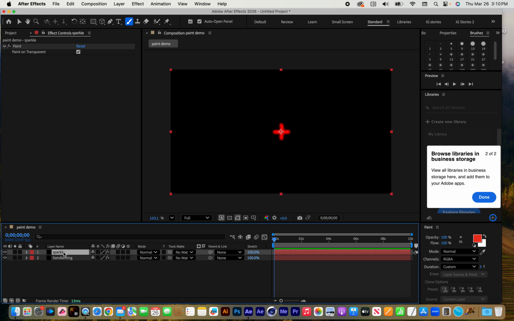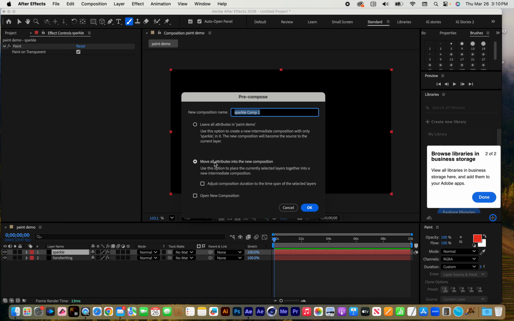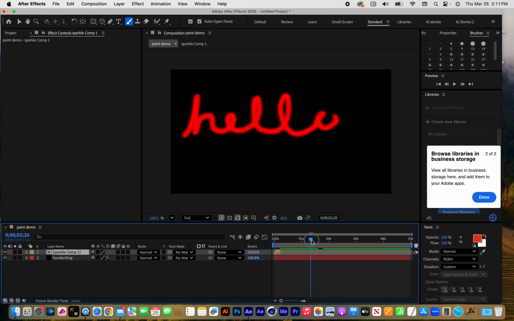So what I'm going to do is pre-compose that layer so that I can easily duplicate it and use it more than once. So I'll select that layer, I'll do a pre-compose, and I'm going to move the attributes into the new pre-comp. And I'm also going to trim an out point for that by clicking the out point and dragging it over, or typing Option and the right bracket key. And the reason I did that is because I want to be able to place it right here where my handwriting finishes. So I'm going to click on it and drag it over,